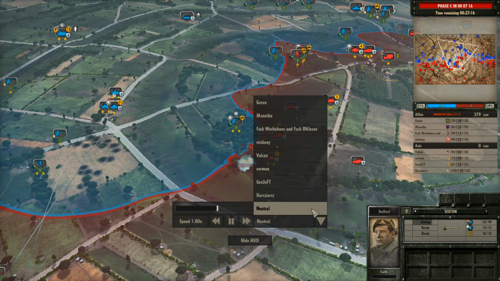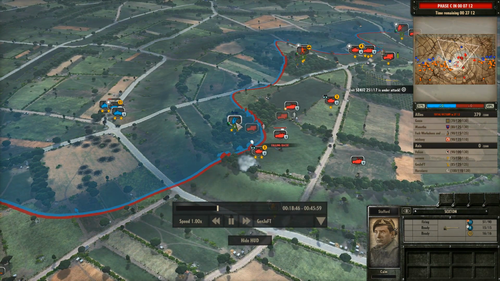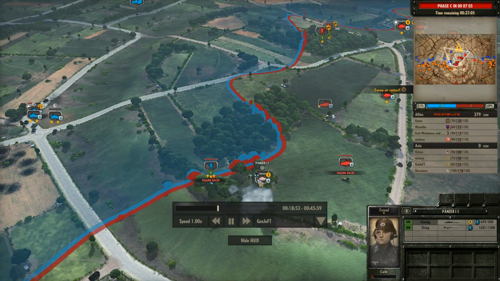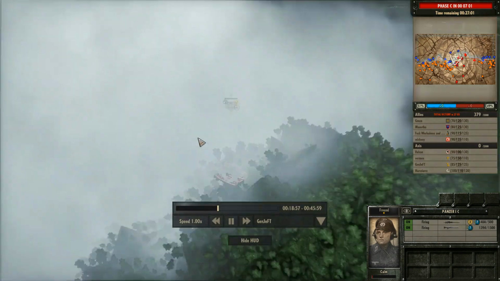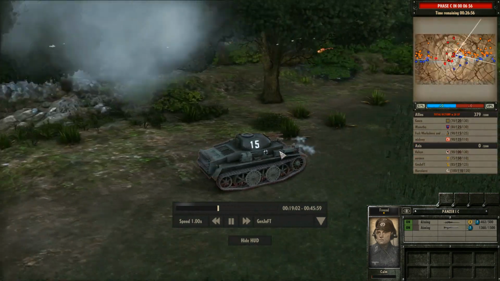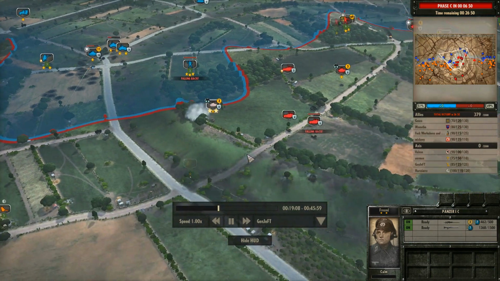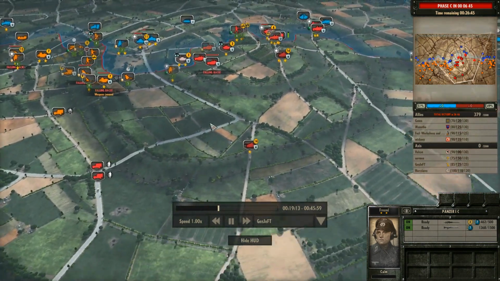This is still shockingly not spotted. That took a pot shot. This guy spots the stormtroopers. Panzer 1C does a decent job. Pull that back because that guy was firing. I need more infantry, but I just don't have enough. I got some infantry coming, but